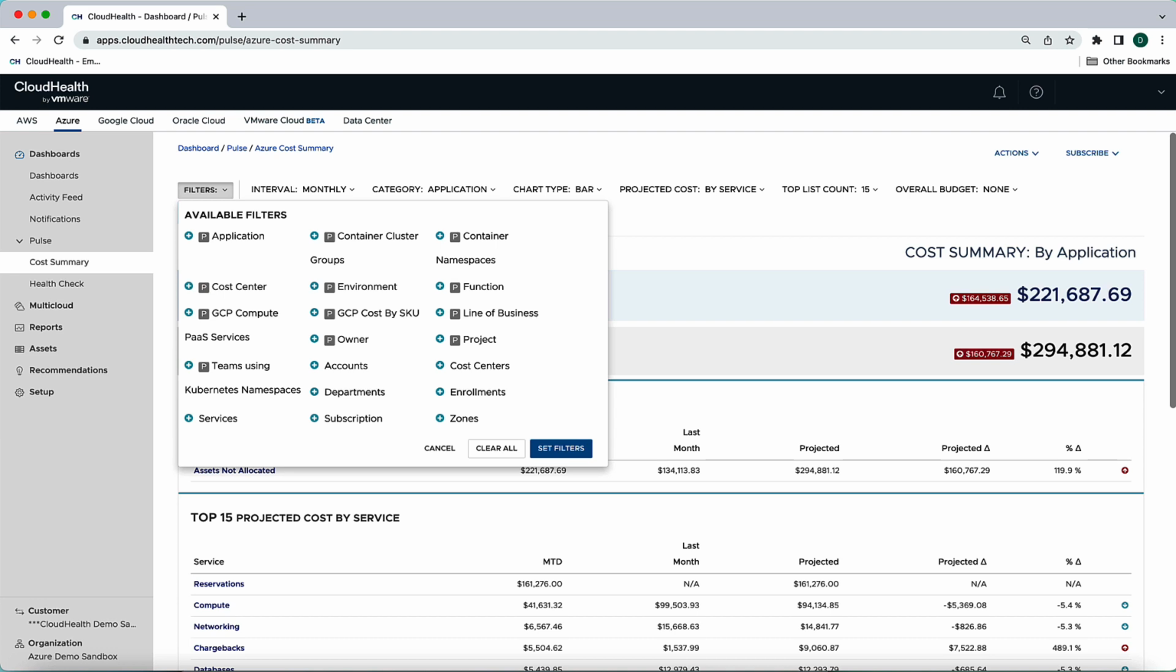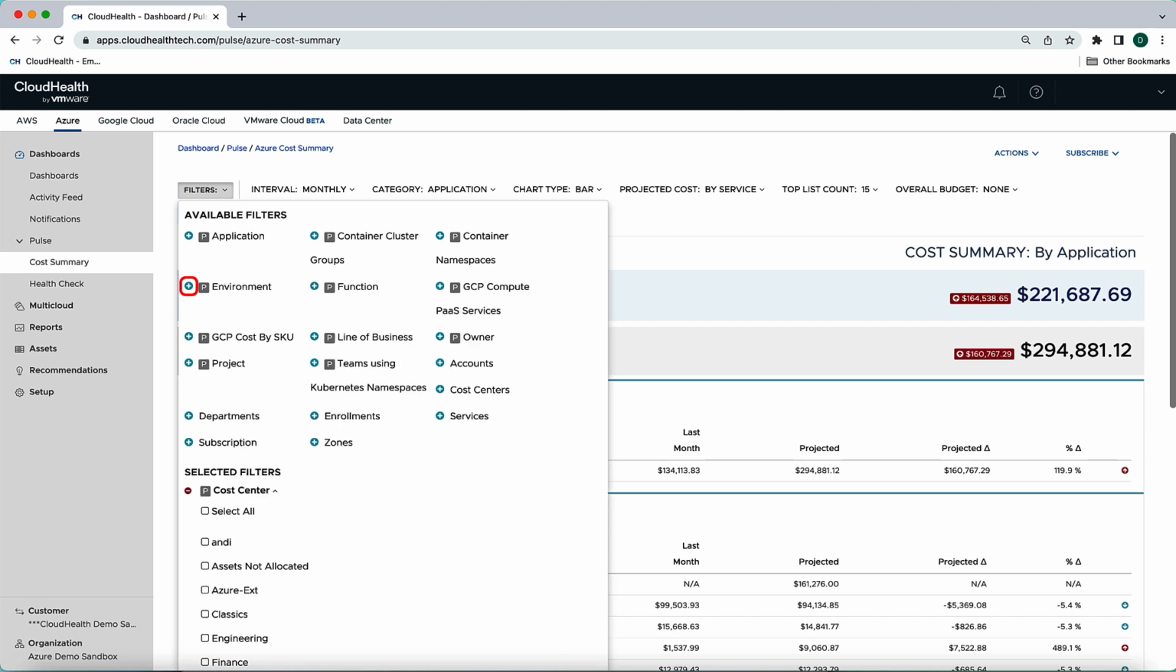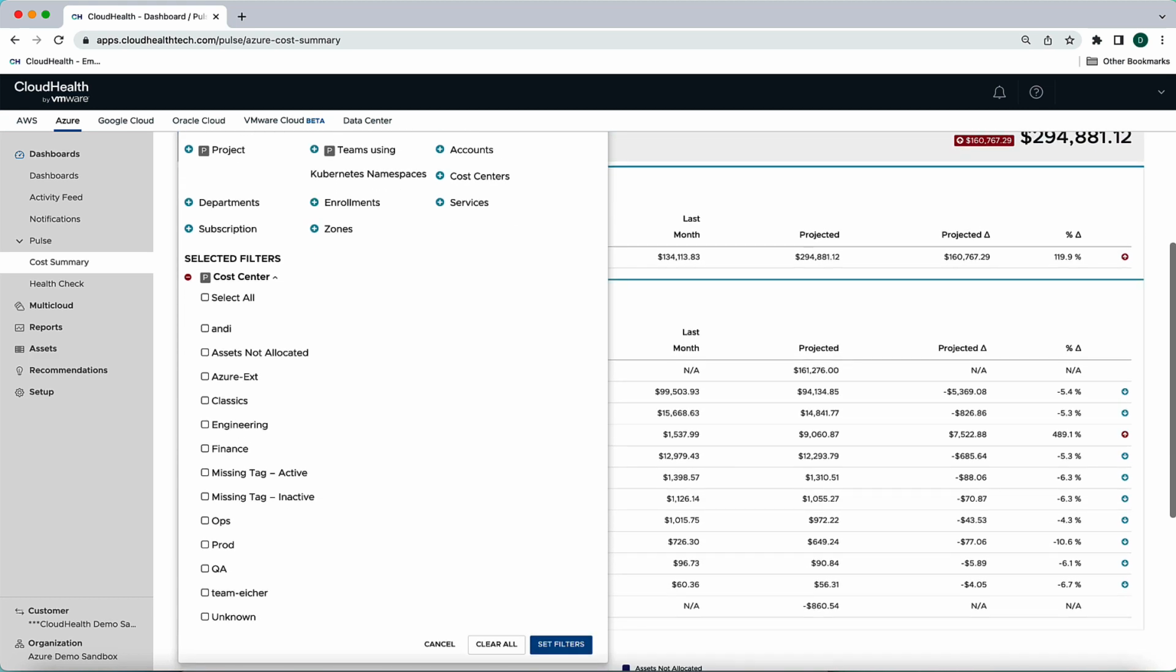Let's filter down to a specific perspective, such as the cost center perspective. Click on the plus sign to expand which cost centers are categorized under the cost center perspective. And then choose the one you want to filter down the information in the Cost Summary Pulse report. Select the filters icon of your choice, in this case we will do Production, and then select the Set Filters